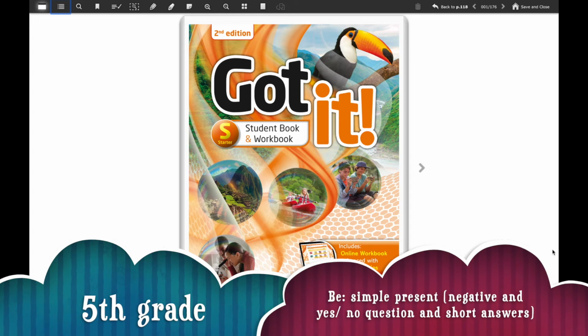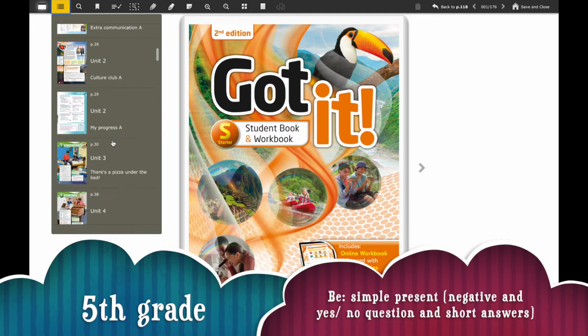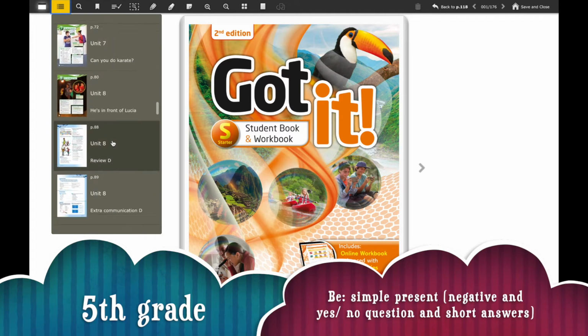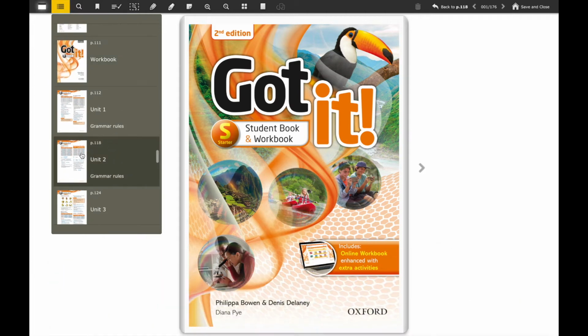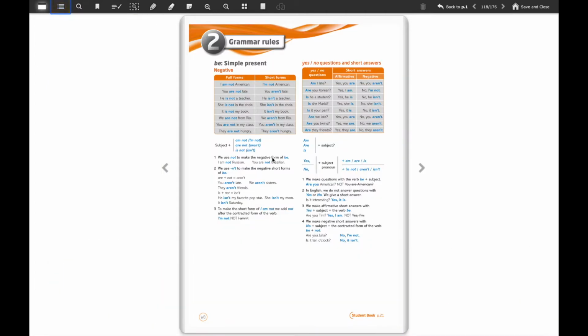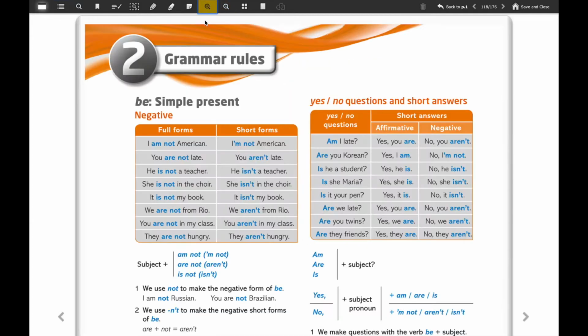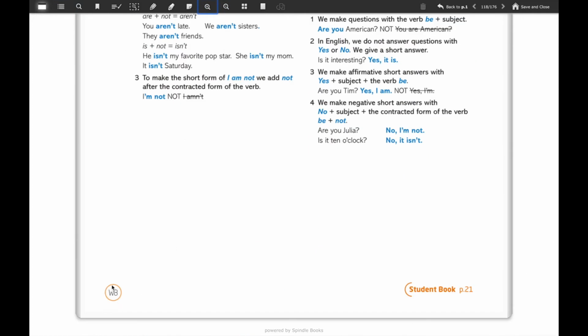I'm Miss Jocelyn Flores and in the lesson of today we are going to work with your book Got It? And as you can see here we are going to work on the page that is at the end of your book, because we're going to work with your workbook part here in grammar rules. Okay, we're going to make a brief summary of the things that we were working. Okay, so this is page W8,